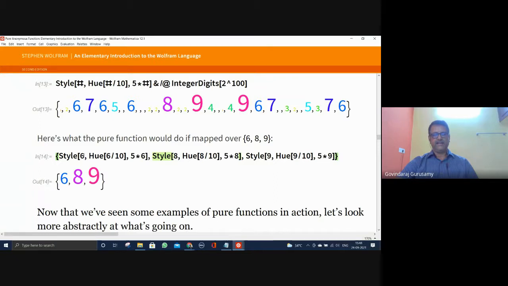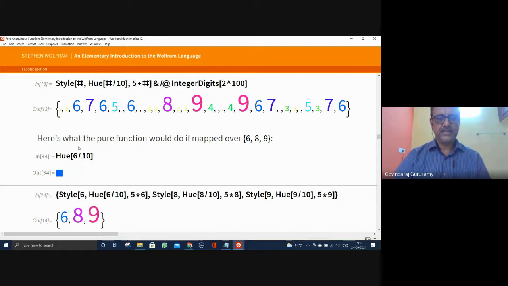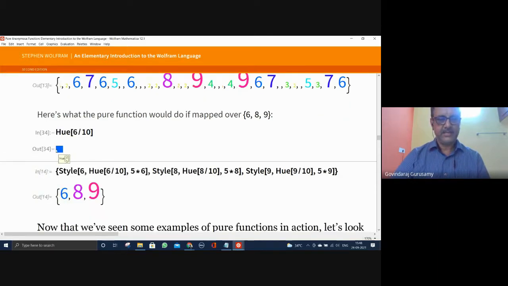For a 6, this is the color I want. So maybe you can see what this Q color is? Q, H, U, E, 6 by 10, the color is there. You're able to see this. This color is here for the 6.